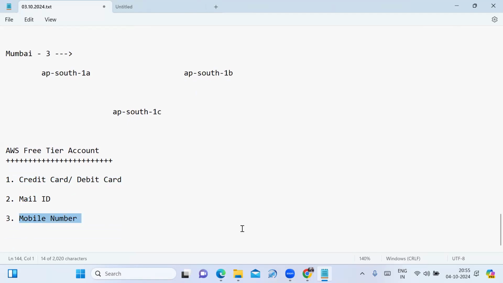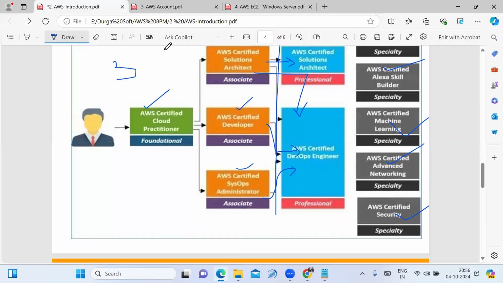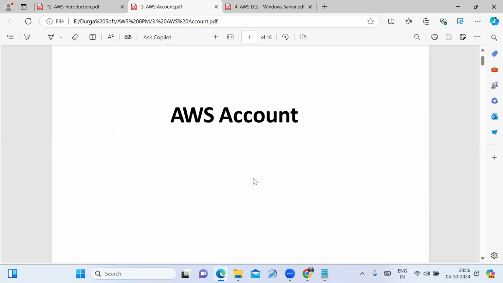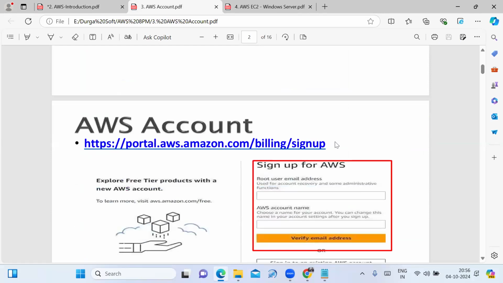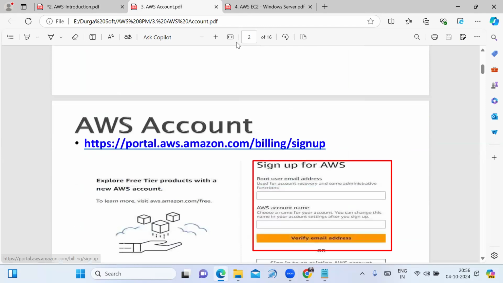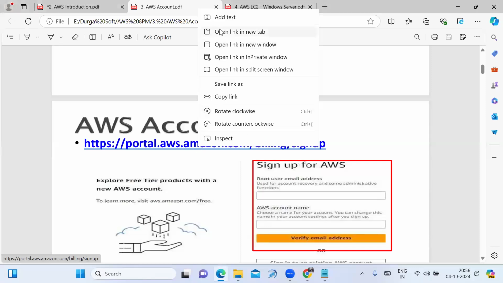See, I already have my AWS free tier account. That's why I'm not following along with hands-on. I can explain how to create your AWS free tier account with the help of screenshots. These are the steps we have to follow. This is the link we have to follow to create your AWS free tier account. I'll send it in the chat box. When you click on this link,